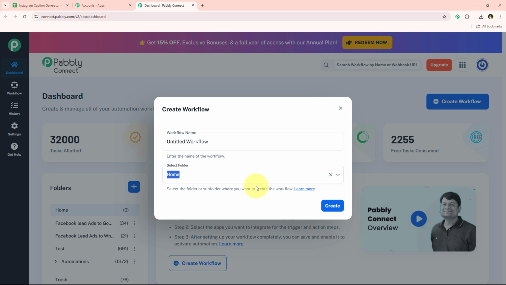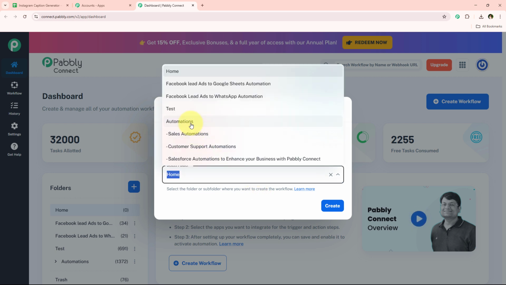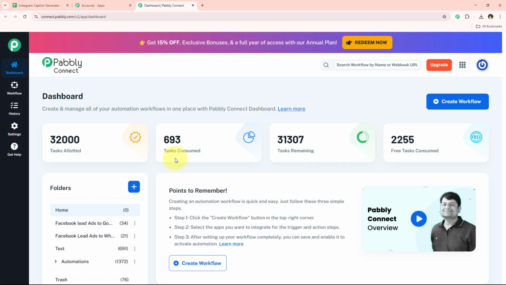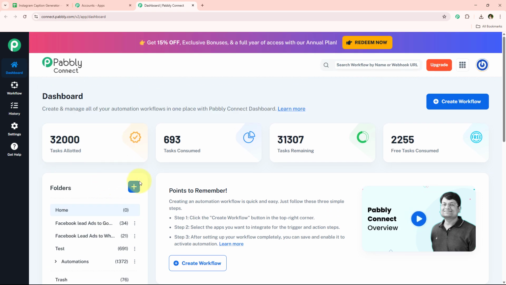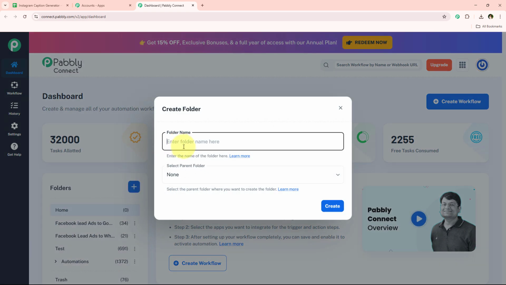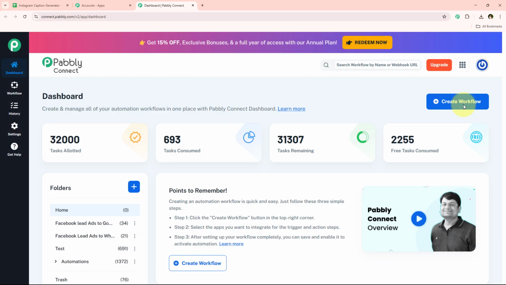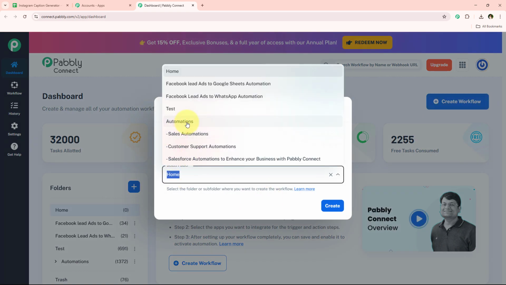So over here I want to save the workflow in this folder which says automations, and on my dashboard you can see all the folders which I have already created in which I save my workflows. So if you also want to create a new folder, you can go towards this create new folder button and create your own. I have already created many, so I'm just going to save my workflow in one of these only,